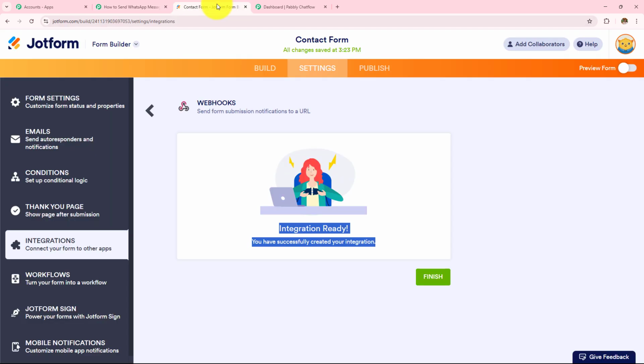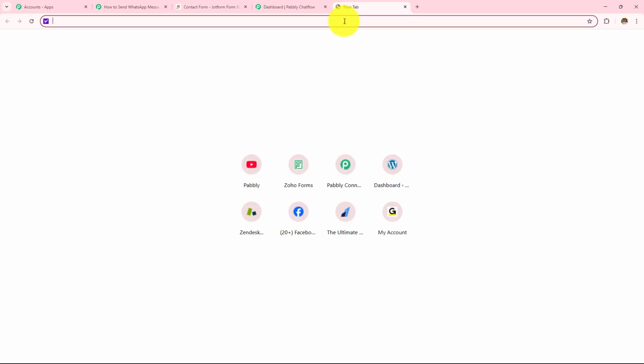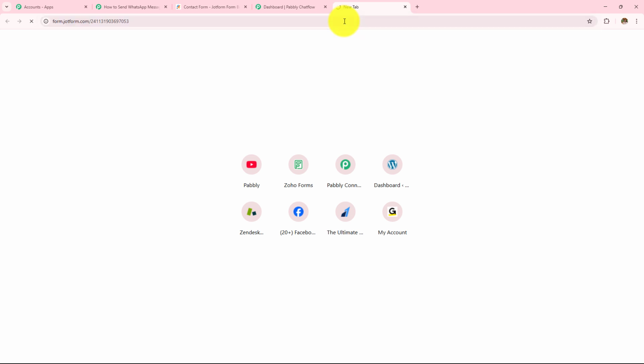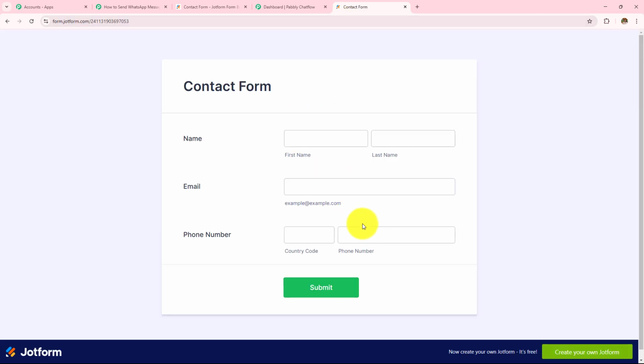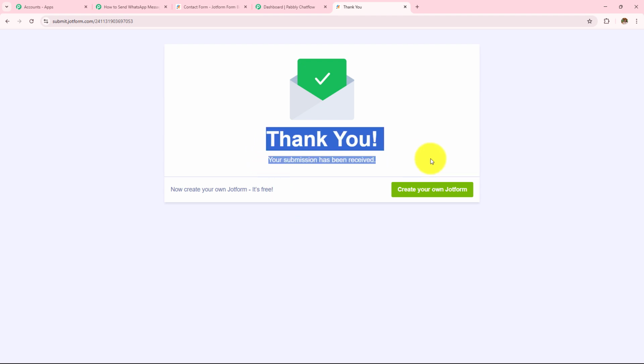So here I am going to open my JotForm and I am going to click on this publish button on the top, and then I am going to copy the link to this form and paste that in a new tab. And I am going to fill some dummy details in all these fields. So let's say, here I have added my first name as new, last name as user, email address as new368@pabblytudes.com, and this is my phone number. Now I am going to click on this submit, and here I have successfully done this form submission.